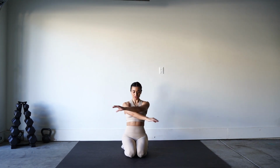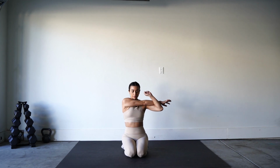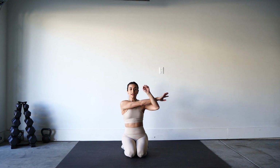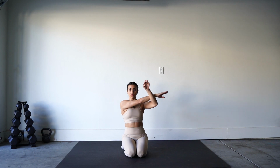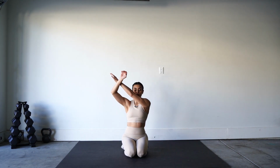I want you to start with just a little arm swing. And then go ahead and hook and pull. Go ahead and switch. And let's do it again. Switch right here. And then I want you to angle that arm up and then bring it on down. So kind of a little just tilt and down. One more. And other side. Tilt it up and bring it down for 2,